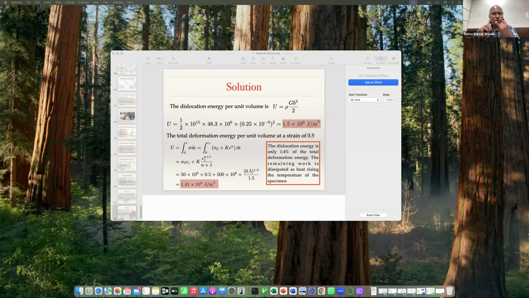point defects, line defects, and two-dimensional defects. These are zero-dimensional defects, one-dimensional defects. Two-dimensional defects are grain boundaries or phase boundaries, and three-dimensional defects are pores. So that means a missing of atoms in a certain volume can be a three-dimensional defect. Okay. So these are the various types of defects that we can have, but one-dimensional defects are extremely important for